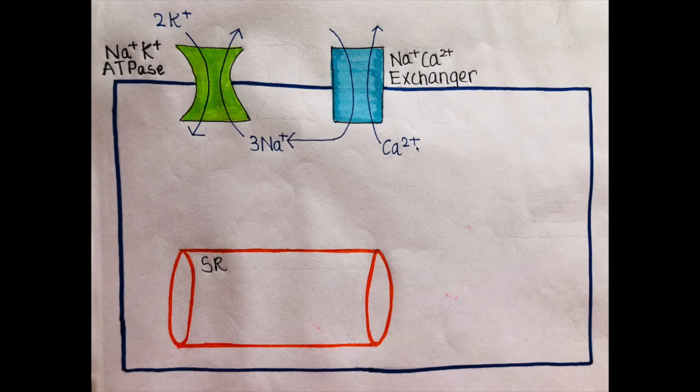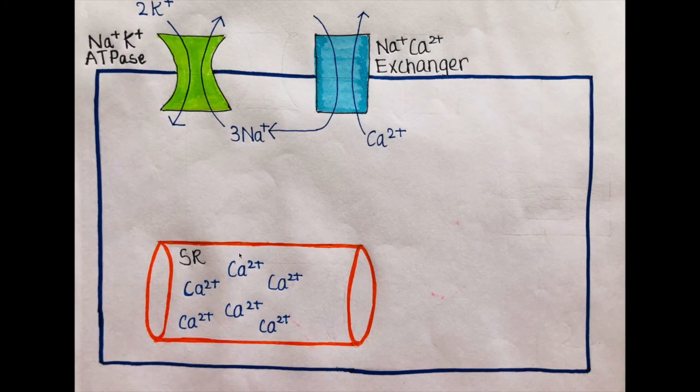We can say that the calcium present in the cardiac cell will move out and this will cause sodium to move in. This sodium which was brought in will be moved out by the sodium potassium pump, where two potassium ions will enter the cell. And as I said earlier, the sarcoplasmic reticulum is a very rich source of calcium.